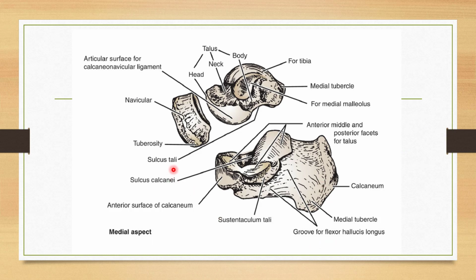See here, this is the medial aspect of the calcaneum. Okay, I have told you on the medial side there is a big projection which is named as sustentaculum tali, and on the superior surface you can see 3 facets for the articulation of the talus bone. This is the posterior surface of the calcaneum having the attachment for the tendon Achilles in the middle part of the posterior surface.